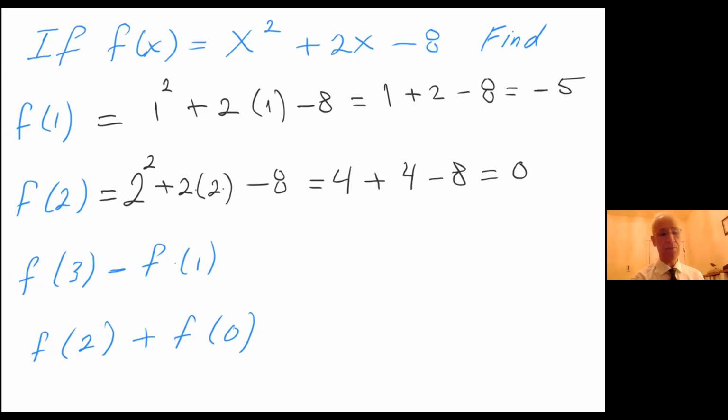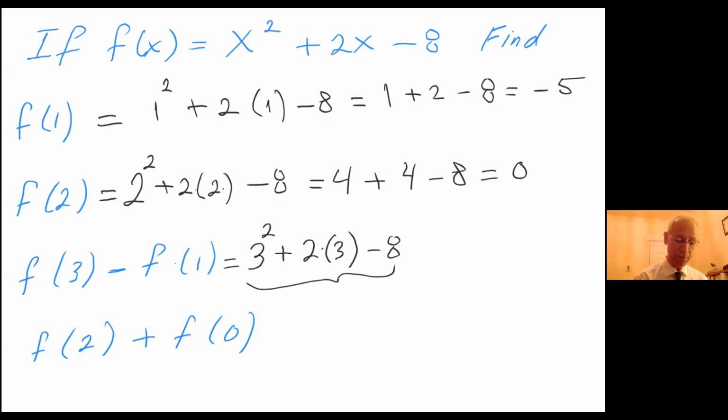How about f of 3 minus f of 1? What is f of 3? I do have 3 squared plus 2 times 3 minus 8. And so this right here, 3 squared plus 2 times 3 minus 8, is f of 3. All that minus f of 1. Well, f of 1, I already have it in here, so I don't have to look for it far. So minus